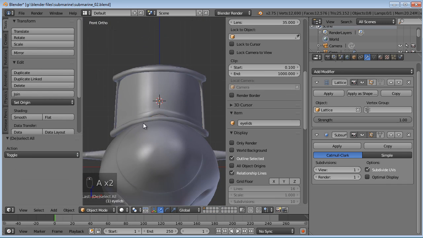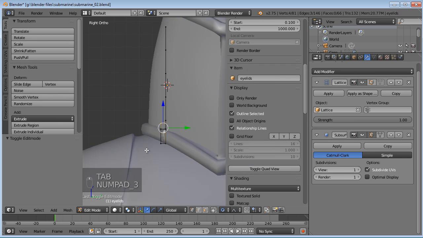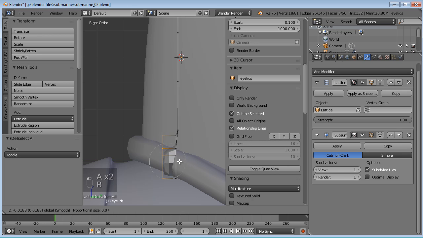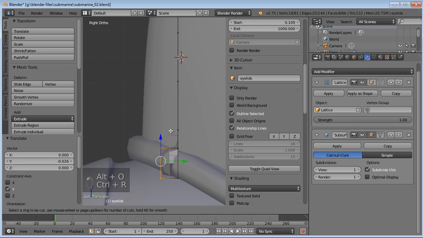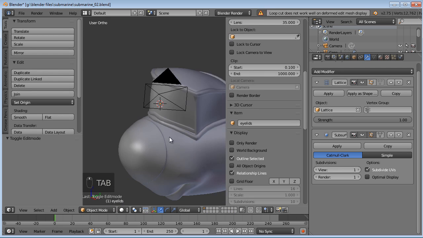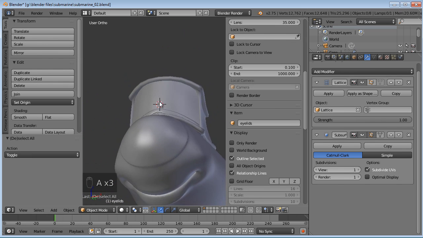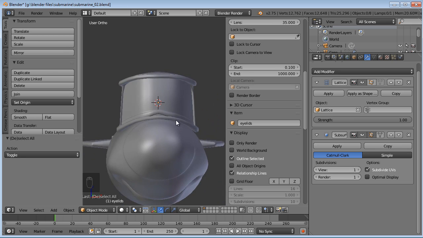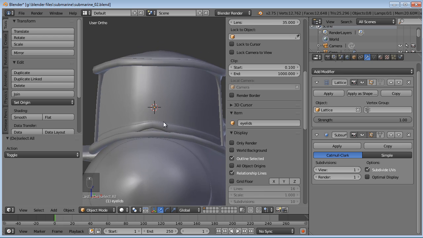So we'll tab back out, and you can see that's how it's going to look. Let's give it a little bit more thickness there. Drag that out a little further. Let's turn off the proportional editing so it's just this edge. Add a nice cut there so it's nice and sharp. And tab out. Okay, so now we have an eyelid as well, and it's deforming exactly the same as the underlying eye. So that's really handy for giving it some nice shape keys for opening and going left and right and things like that.